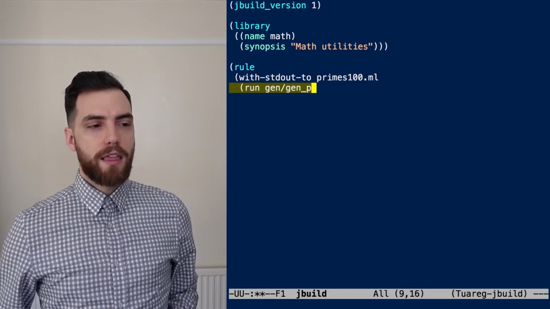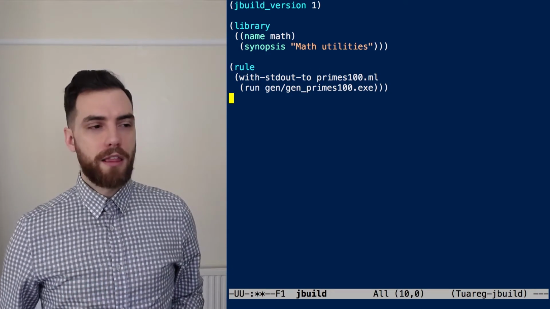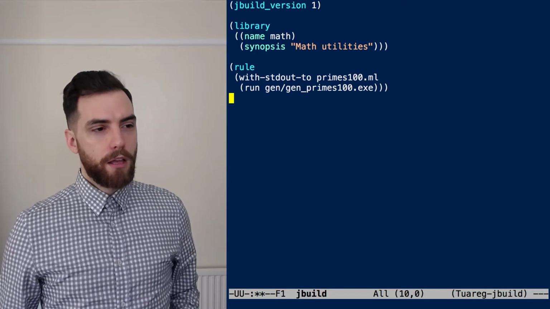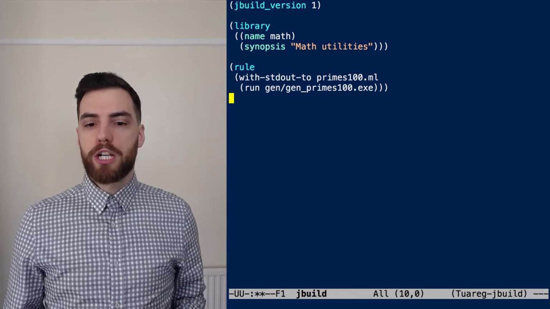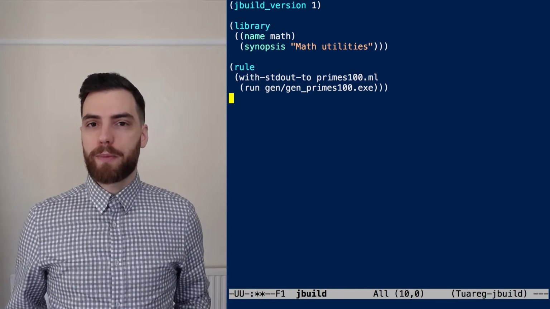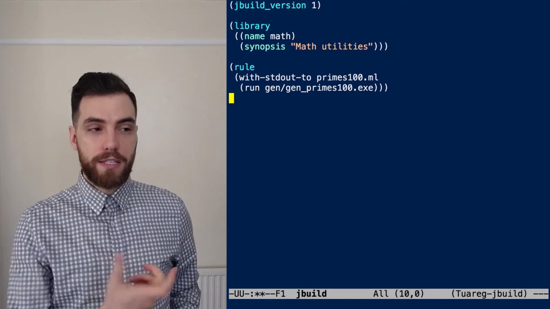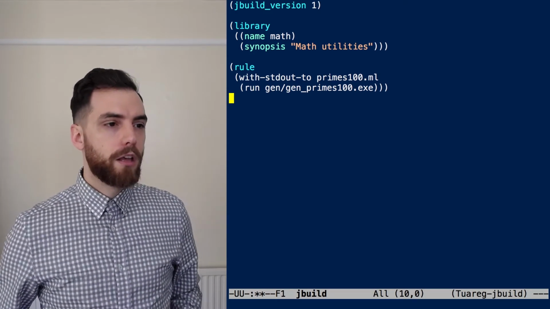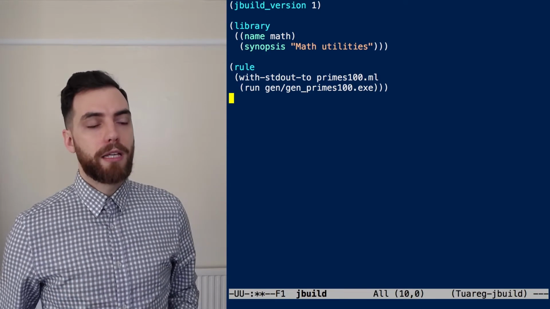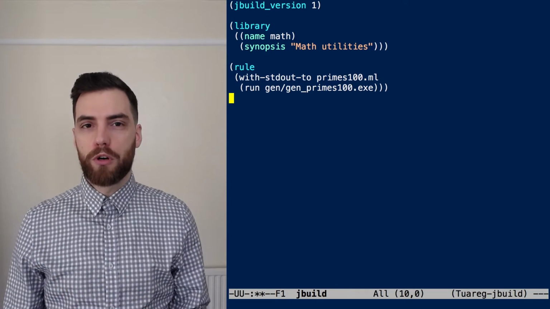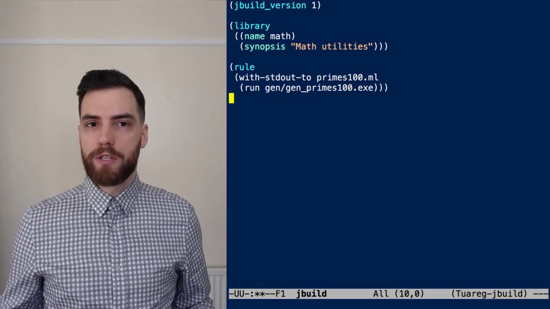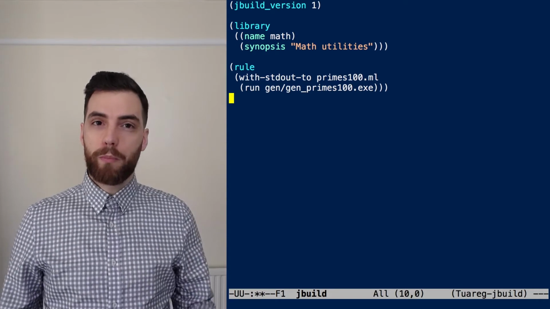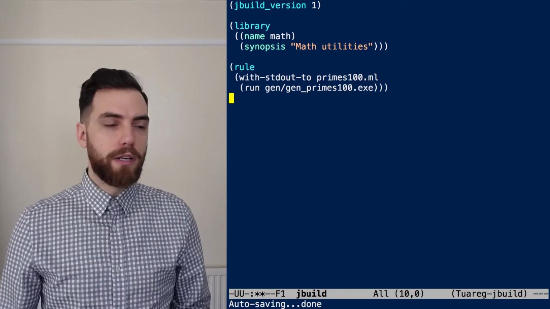So you can see that this rule stanza contains a small DSL. This small DSL describes an action that JBuilder will have to run. We are using a DSL rather than a shell or bash because we want a native experience on all platforms, and this DSL is interpreted natively on all platforms, including Windows. So you have a few constructions you can use. Here I have used the run construction, which allows me to run an executable, possibly with some command line arguments, and the with-stdout-to construction, which allows you to dump the output of an action to a file.